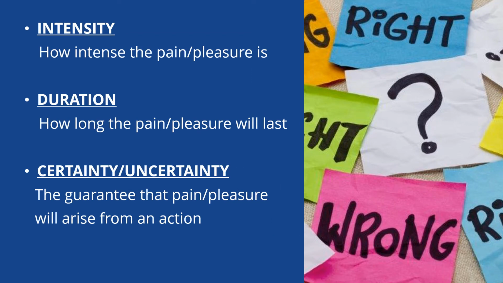The first criteria is known as intensity. This is how intense the pleasure or pain is. You can think of it as asking yourself the question, how happy would I be, or how happy would people be if the certain act is done? And likewise, how sad would I be, or how sad would people be if the certain act is done? Naturally speaking, this is just a rough example, and pleasure can translate to other positive emotions as pain can translate to other negative emotions.